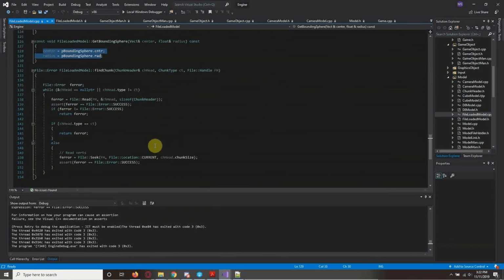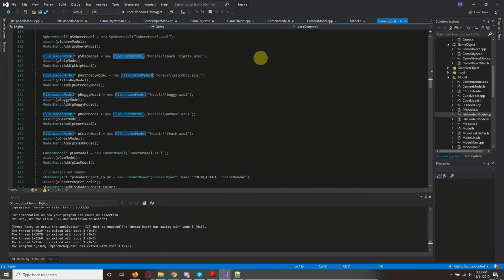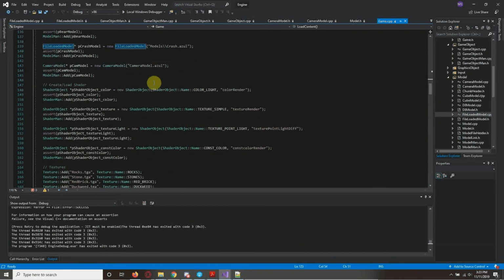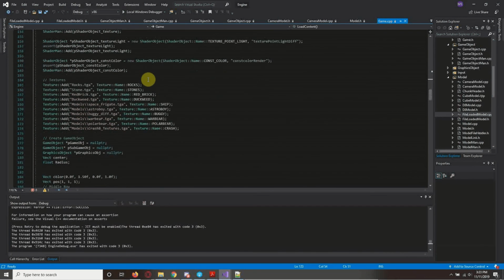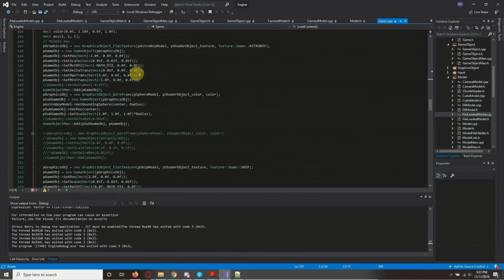And oh yeah, here's the formula or function for finding the chunk that you might need, that just goes through and says, hey, well, this isn't null. Go through until you find the one that you're looking for. So with that out of the way, manager game objects, we want this one. Here we are. We've got our cameras, different textures, different shaders, and then yeah, here we go, the actual creation of the